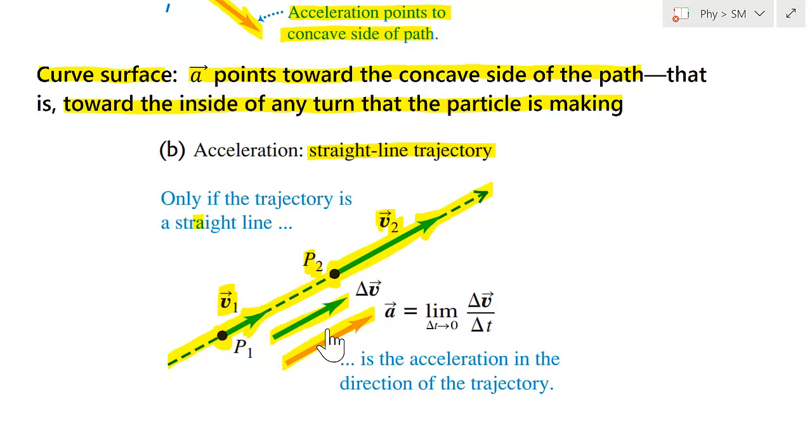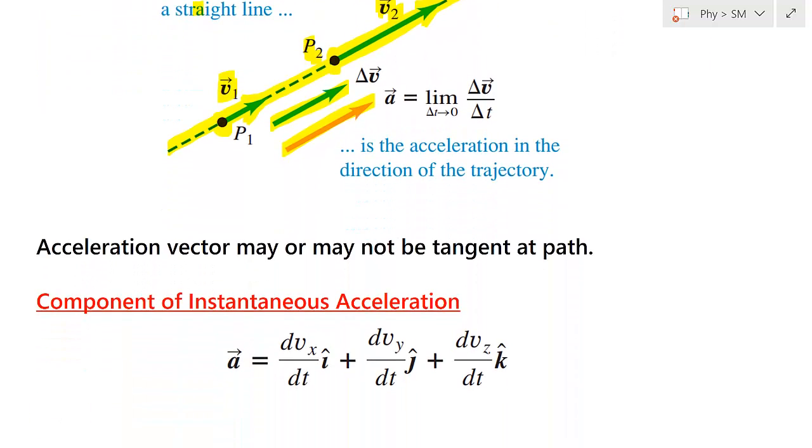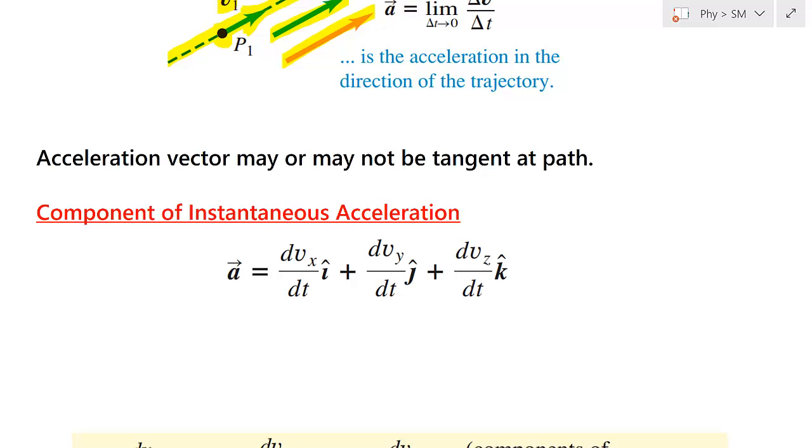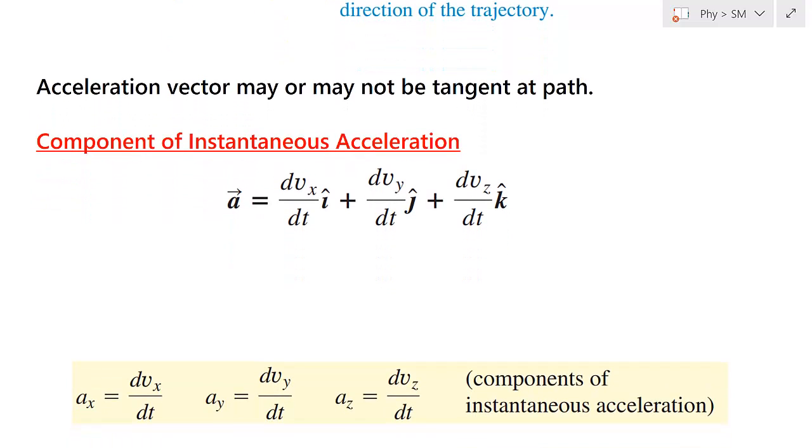So in this case, when the object is moving in a straight line, we will have change in velocity vector and instantaneous acceleration all along the straight line, all along the path, all along the trajectory, and in this case trajectory is a straight line. So if you have a curved motion, acceleration vector will be towards the inside, towards the center, but if you have a straight line, it will be along the straight line. So instantaneous acceleration vector can change its direction depending upon what kind of path you have. If you have a curved path, it will be inside the curve. If you have a straight line, it will be along the straight line.